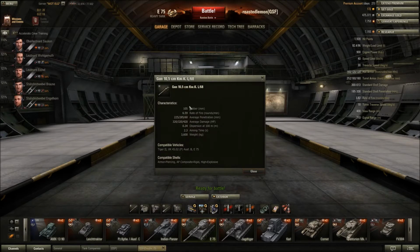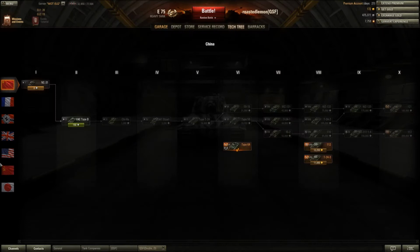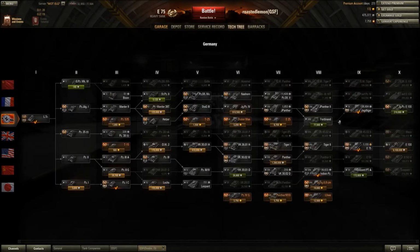Now, you should not be using this gun on the 75, because you should have this one, the 105mm KWK L68. It's got 6.59 rounds a minute with 225 mils of penetration, 320 average damage, 0.34 accuracy, 2.3 second aim time. Now, this is the top gun on the Tiger II, the tank before the E-75, and we can see that if you were sensible enough to unlock every gun on the Tiger II, you would be saving yourself a whole lot of effort